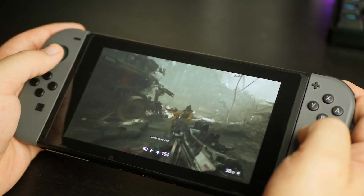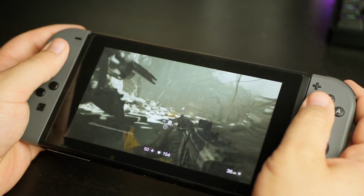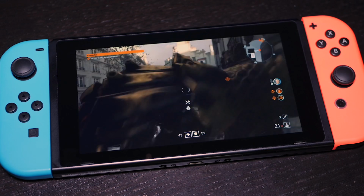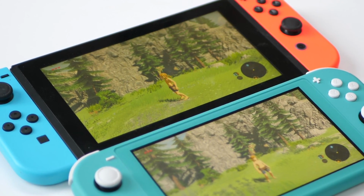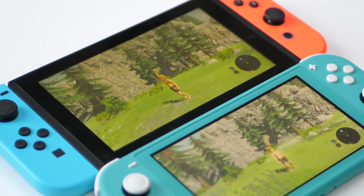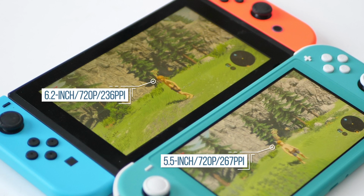Mobile is what the core technology was designed for and where it works best, while the integrated screen has an almost magical ability in helping to make the necessary technical compromises required to run on Tegra X1 look less noticeable. Obviously, with Switch Lite, the smaller area and identical resolution could, in theory, help even further with this effect. The new model has a 267 ppi screen versus the 236 ppi of the original, so it's smaller, but detail